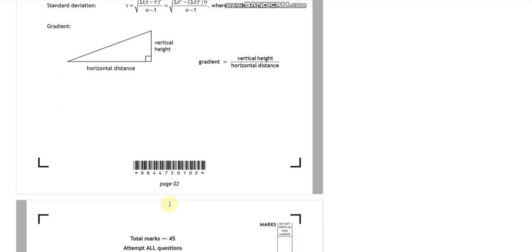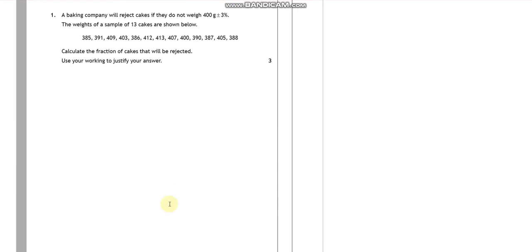So yeah, we'll just get cracking and see where we end up then. So as always, I suggest that you read the question, pause the video and have a go at it, see what I get. If you get the same answer, brilliant, move on. If you don't, have a look at the working and see what mistake you made. Okay, next one. So first one,